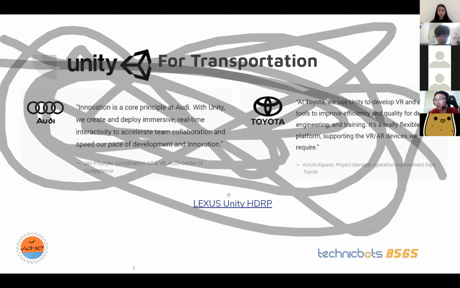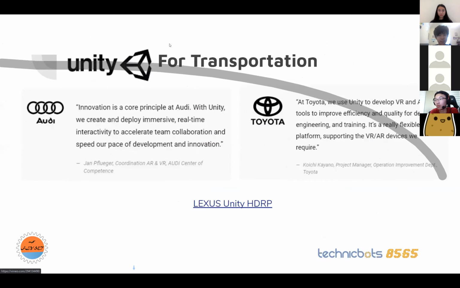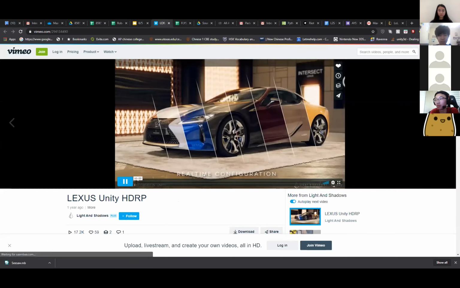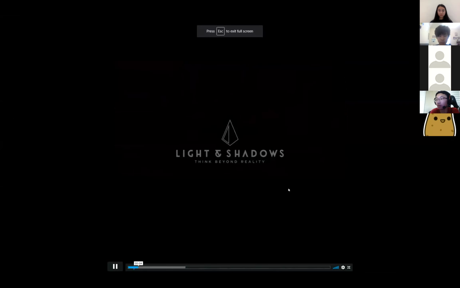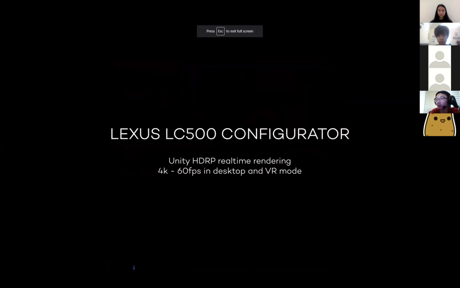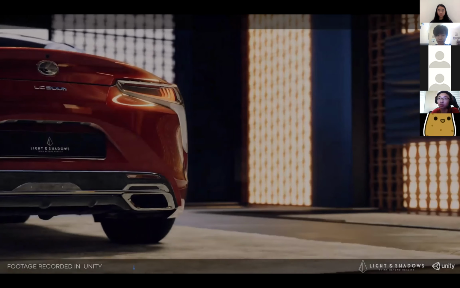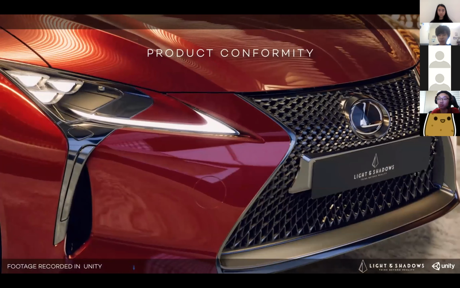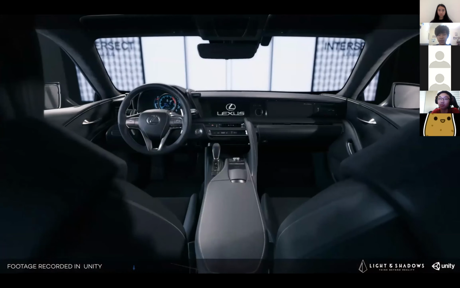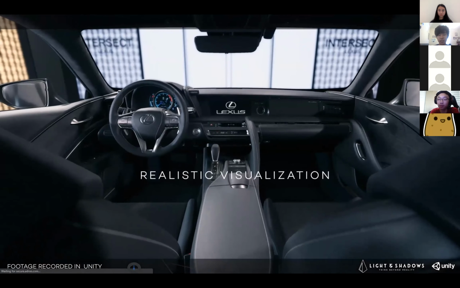Now we can just watch a short clip of this Lexus car made in Unity. Yeah, so this Lexus car was made in VR, but it still looks extremely realistic. So if someone had a VR version of Unity, they could look and see what the car